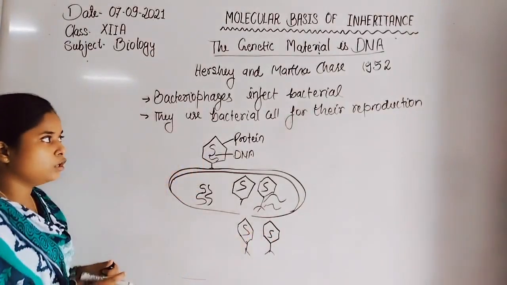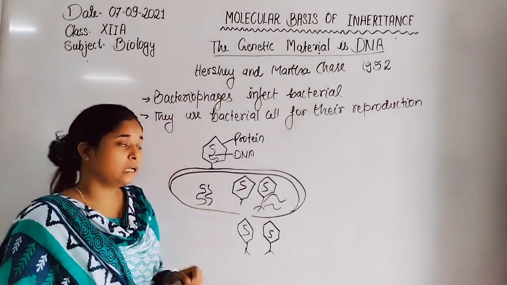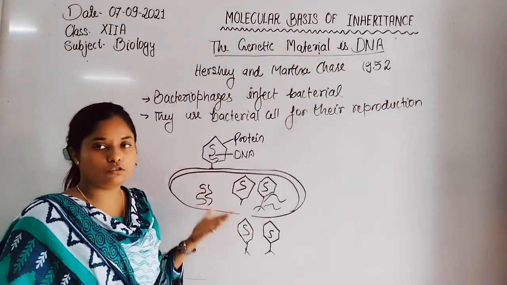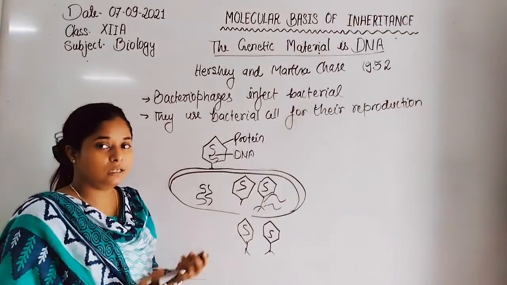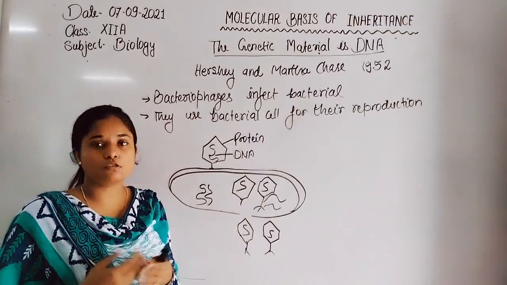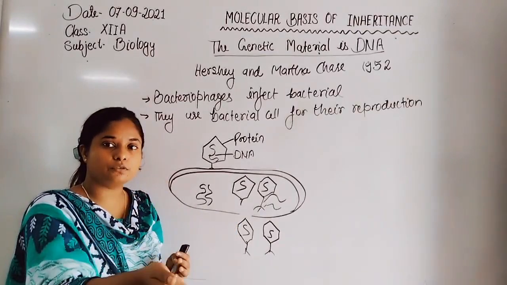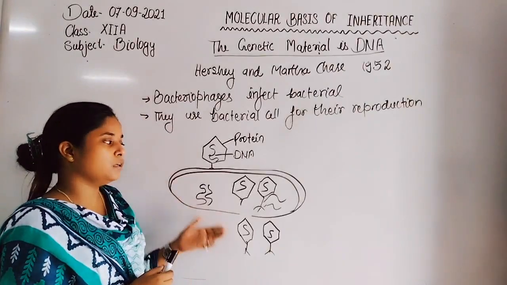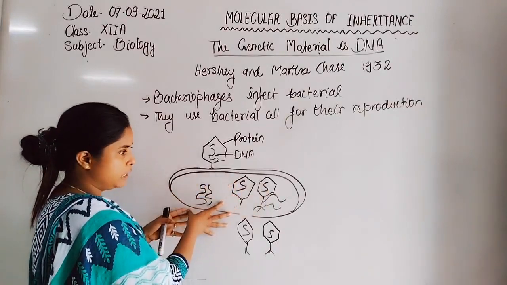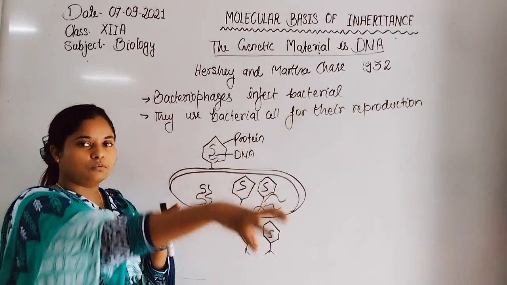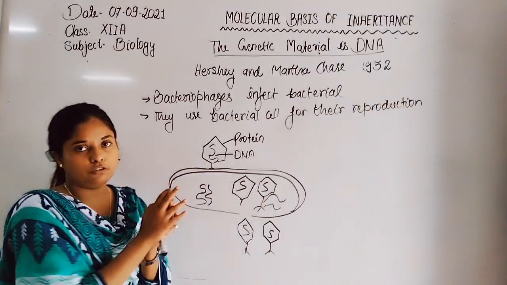Now, at that time they did not know about such a mechanism. They only knew that bacteriophage use bacterial cells for their reproduction. Obviously, just like animals, there is copying of their genetic material. One copy of their genetic material is transferred into their offspring. Simply the method is also used by the bacteriophage: the replication of genetic material takes place, and the copy of one set of chromosomes is transferred into their offspring.